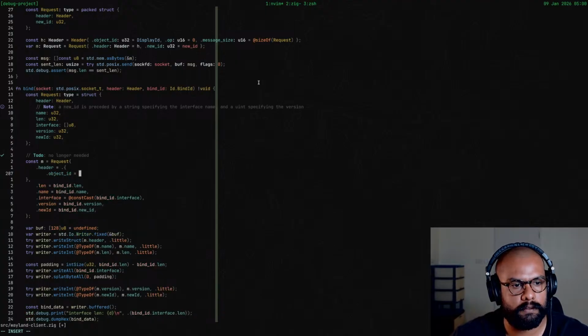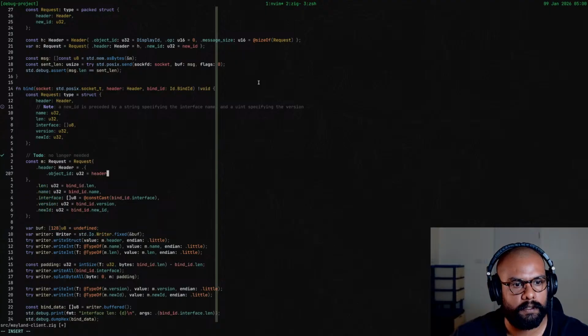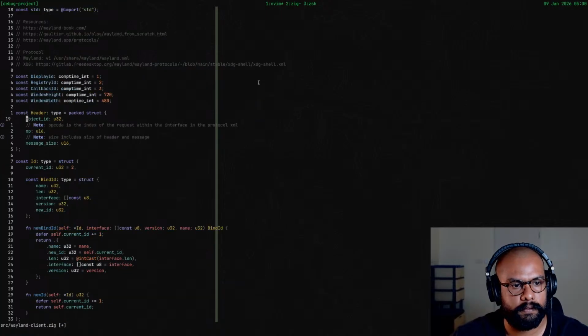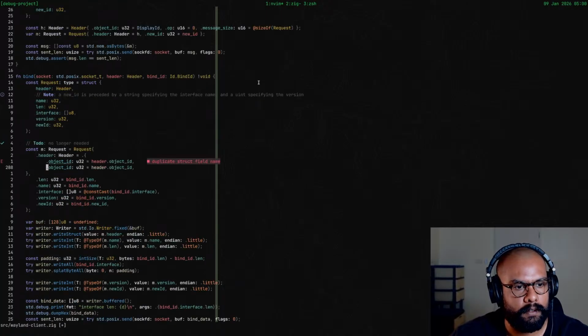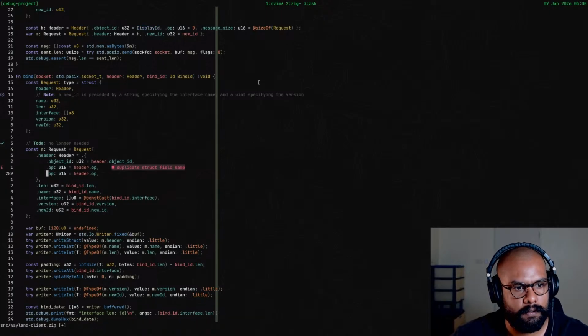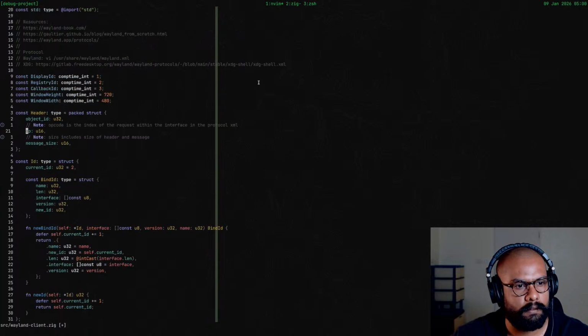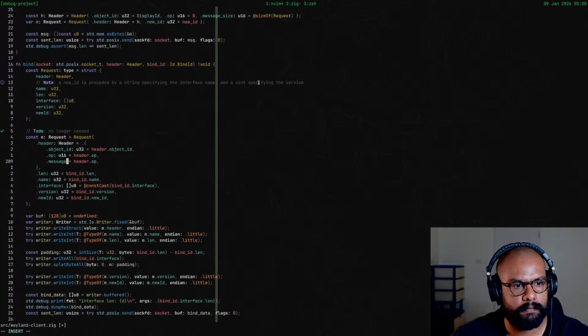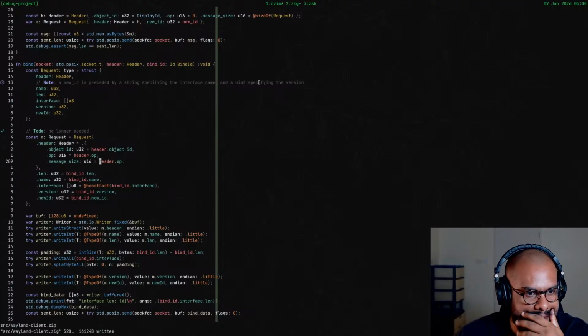Object ID is equal to header.id. Yeah. And then the opcode will be the same. Message size. Message size will be